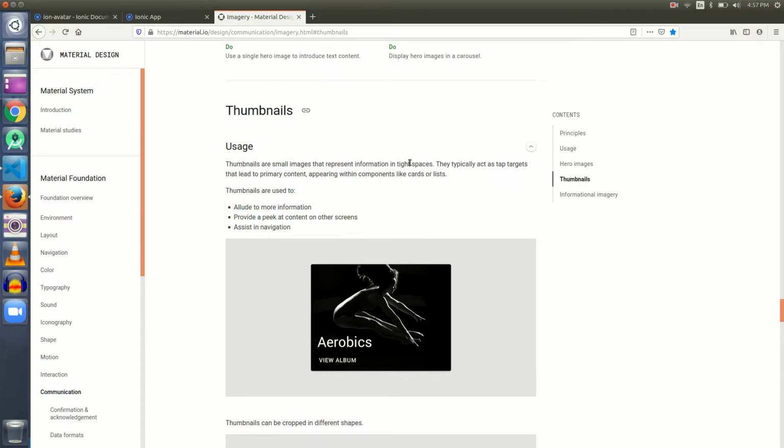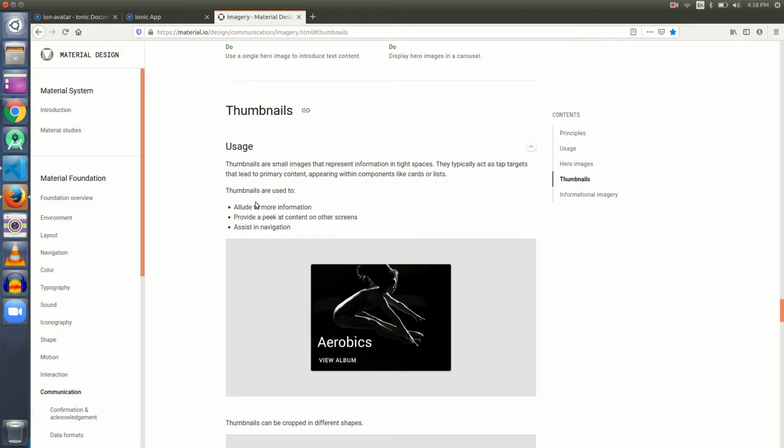Okay, so what thumbnails actually mean is that thumbnails give a small representation of a bigger thing. I mean, if there is a product list and we want an image there, we should be using thumbnails, and that thumbnail will actually ask the user to tap it so that the user can be taken to a details page or to a list.